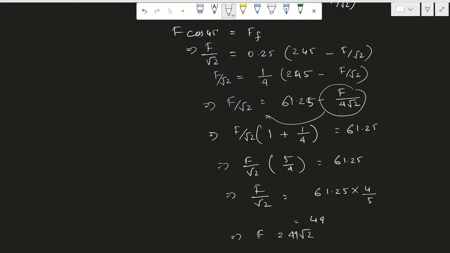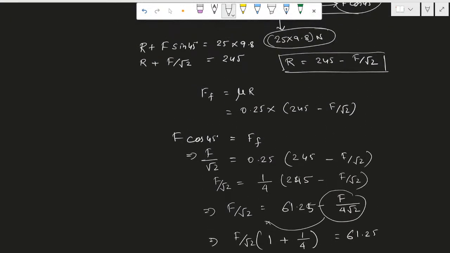69.29. We are getting 69.29. Okay, actually I don't need f, I need f cos 45, because you see in the diagram,